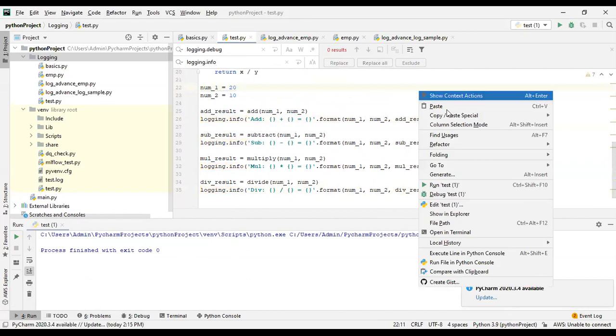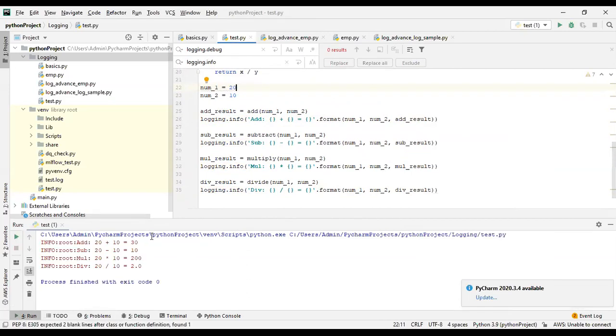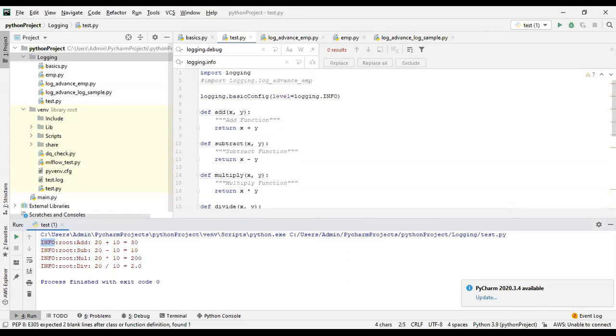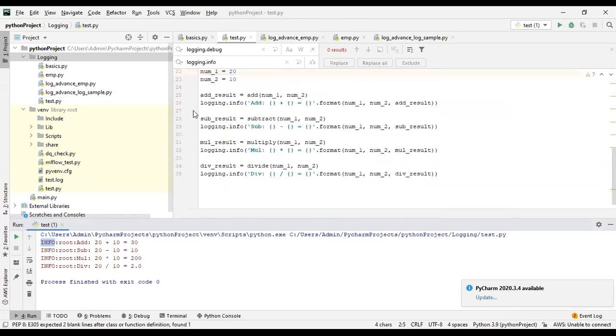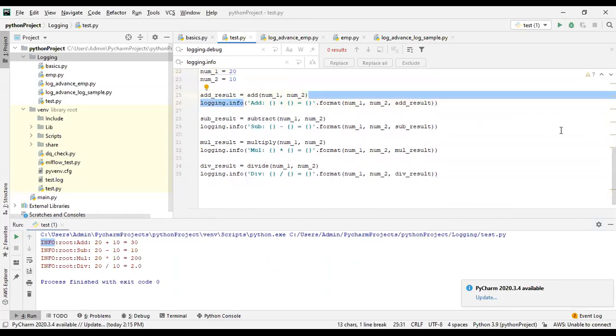Now when you execute, you see the same information with the info level. But why do I want to change these statements again and again? That's why we have to go to the custom logger, which I'll show you later.